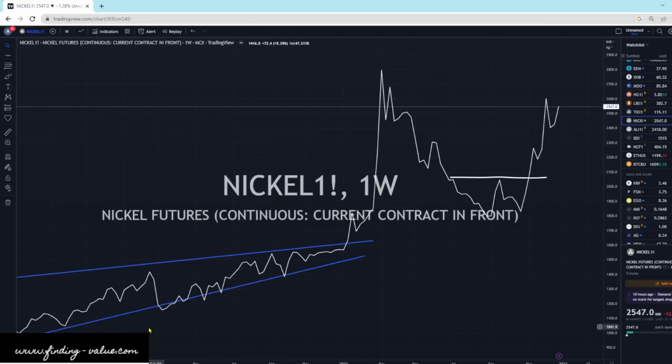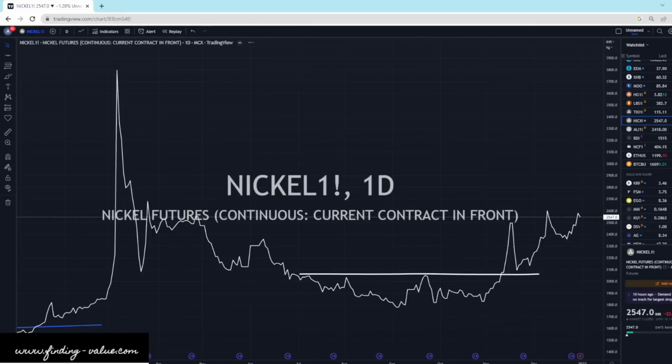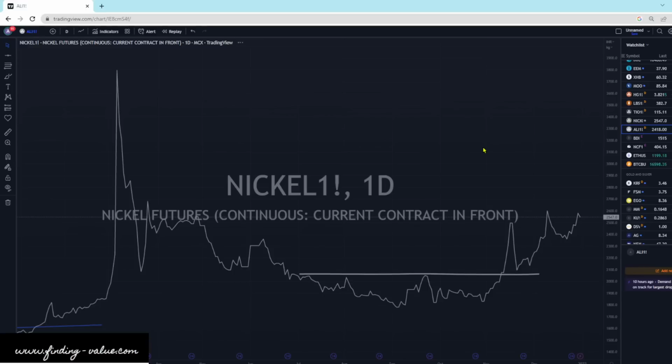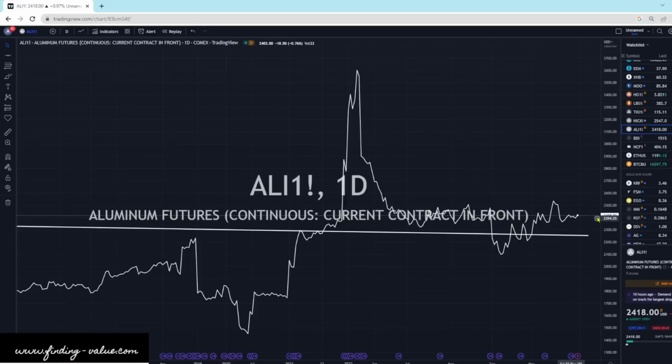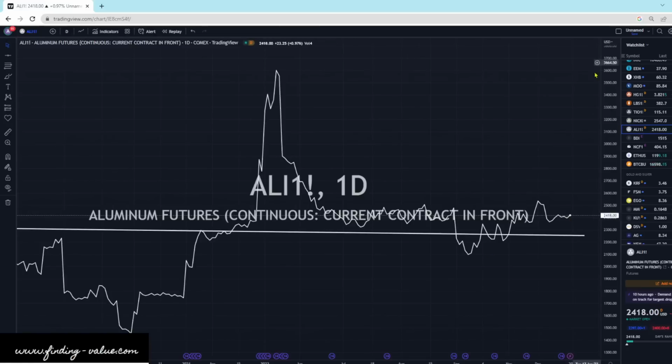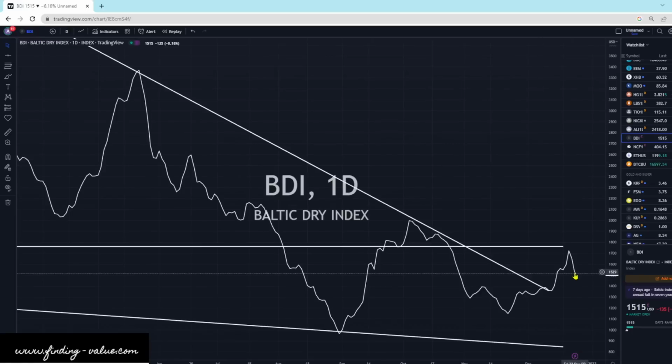Nickel moving on higher. Well, not today. It's down 1.2%. But there it is, moving on higher over time. This almost looks like the stimulus money, the total bank credit divided by GDP almost. But nickel, yeah, it's looking good, moving on higher. Still think it will go higher. Aluminum's just moving sideways. It still looks good, and I think we're eventually going to work our way on up. I'm very bullish aluminum.